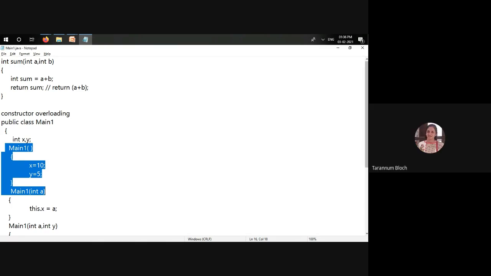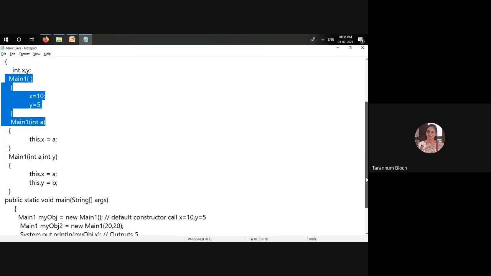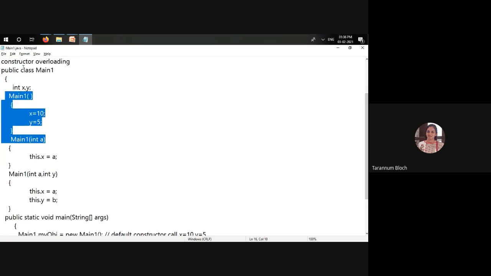Okay. So as you can see here, these are constructors because I have a class whose name is main1, and here this method name is main1, this method name is also main1, and this one is also main1. If you see the number of arguments, here no argument, here 1 argument, here 3 arguments. If I had taken 3 variables, then probably I could have a fourth constructor with 3 parameters, right?